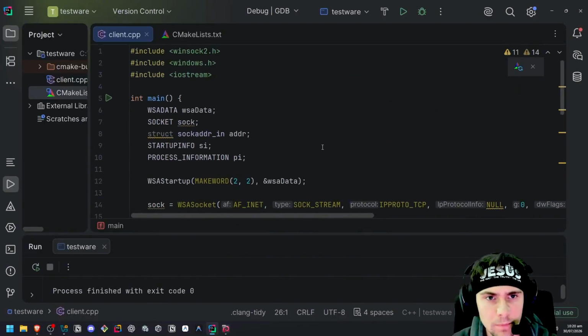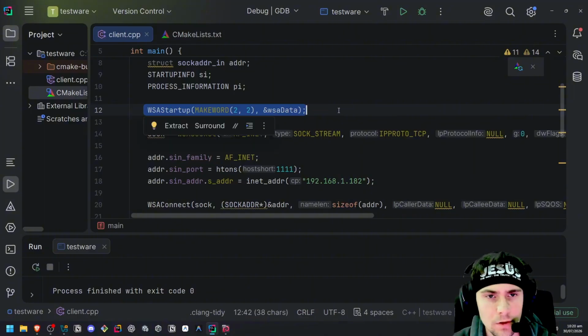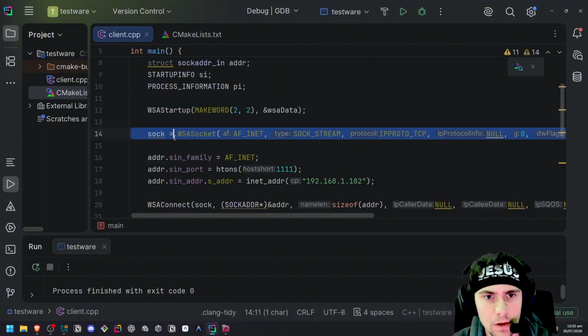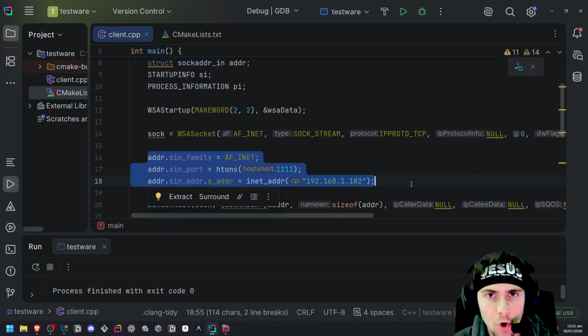So we can see in the C++ script, we've got the main function, we've got our variables here, which I'll explain. We've got the Windows Sock API starting up and initializing the connection. We are creating the socket. We are setting up the target address that the host would connect to, which is our target machine,